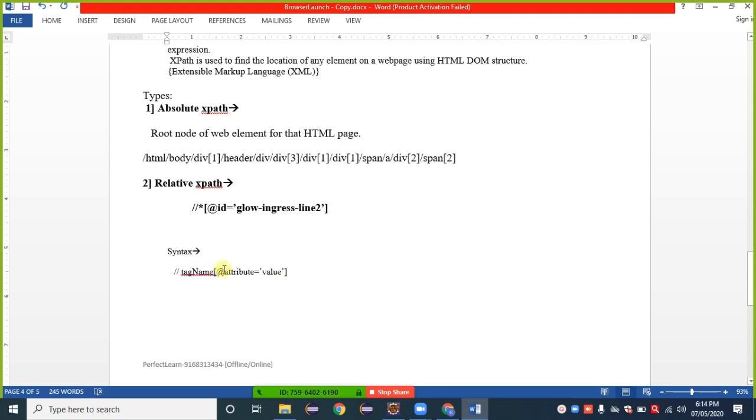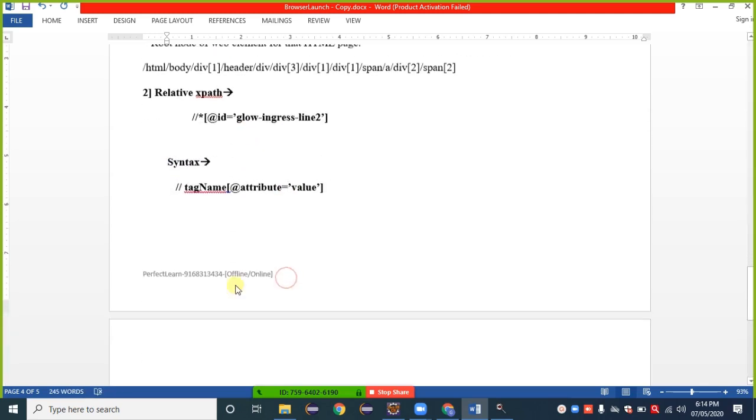Tag name, @ sign, attribute is equal to, and the single quote is very important. A lot of people, when they are new, forget about the single quote here. Okay, it is the syntax of a relative XPath. We always go with a relative XPath, keep in mind.